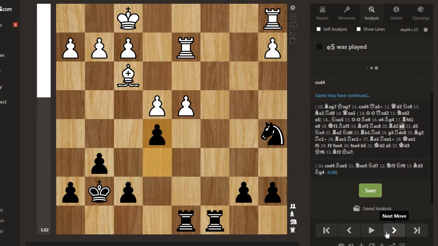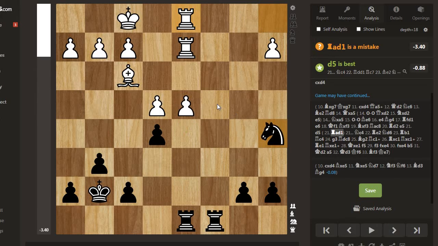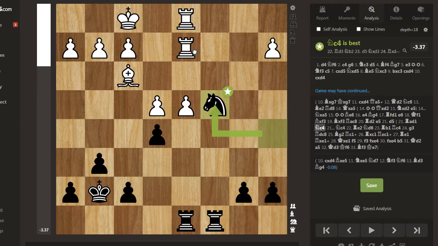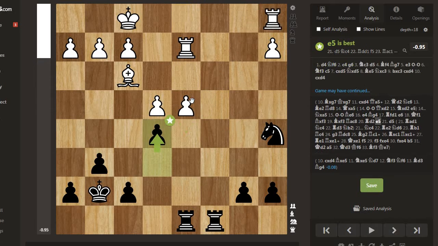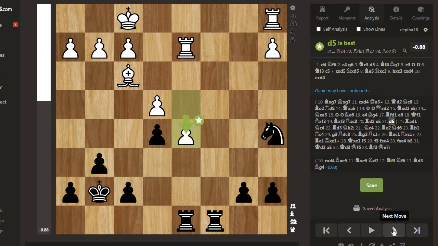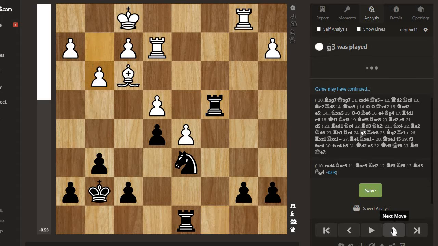Now d5 and e5 and d5 by white. And here he should not play rook ad1 because of knight c4, rook to d3, and there will be knight b2. So d5 was correct, and then knight to c4, rook e2, knight to d6, rook b1, knight c4, g3,